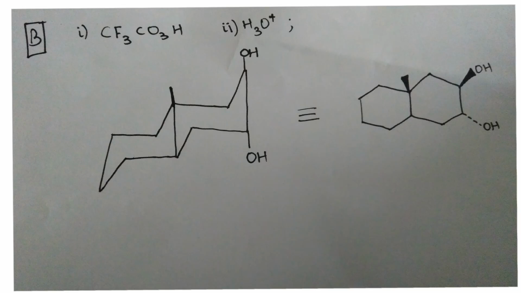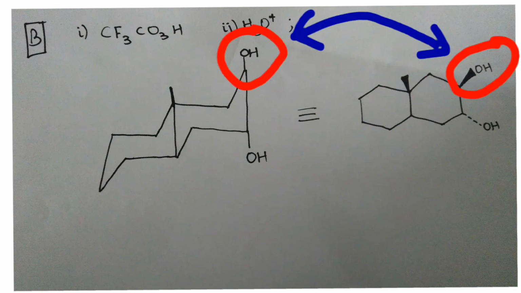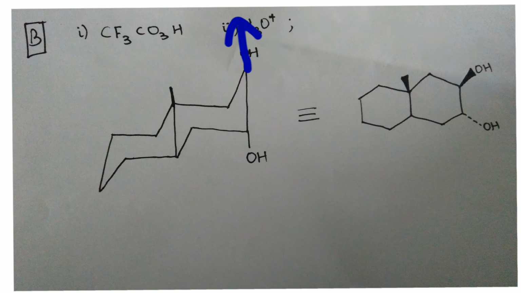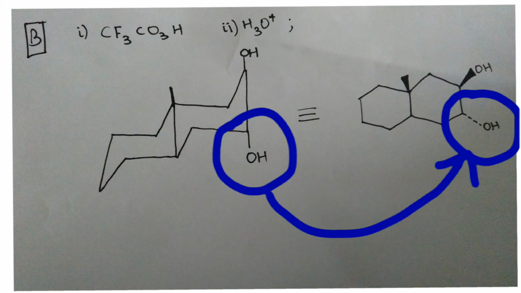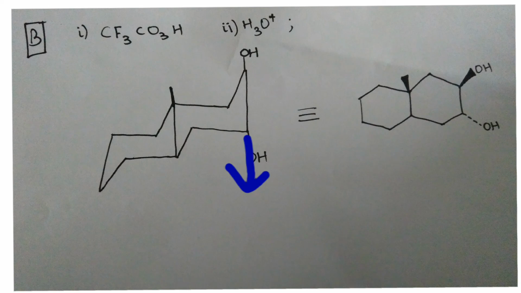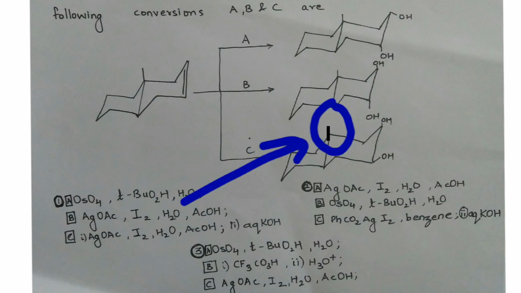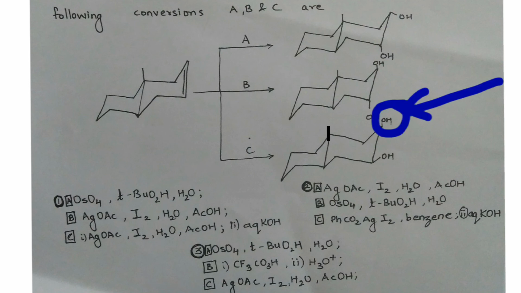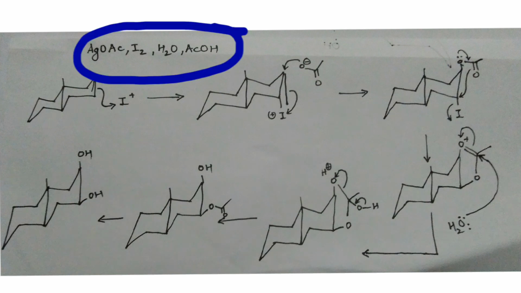When you draw this structure in the normal hexagonal shape, this methyl group again will be shown above the plane of the paper with wedge line, and this group, since it is on the axial position, is above the plane of the paper, it will be again wedge, and this will be in the dotted line since it is below the plane of the paper. When you consider the stereochemistry of this product, this methyl group is in the axial position, this OH in the axial position, and this is in the equatorial position. It is achievable with the help of Ag complex.